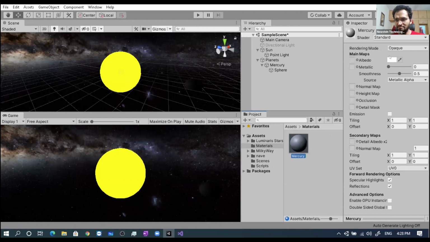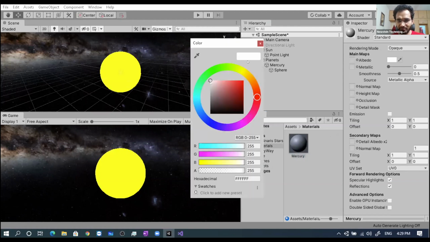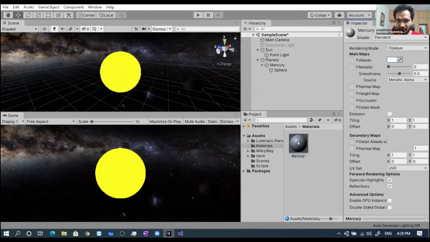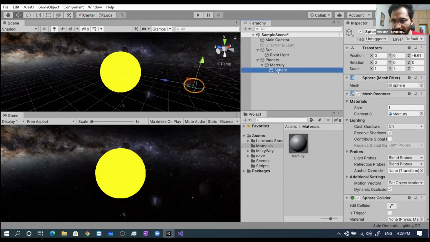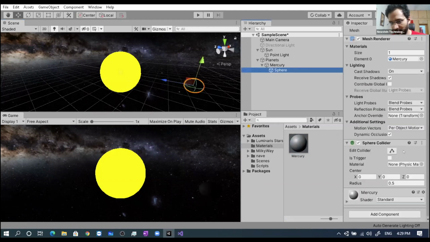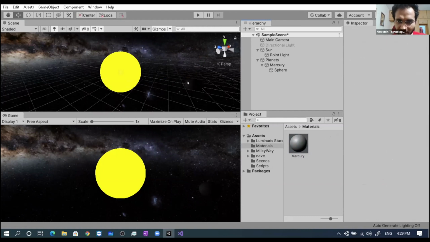Okay, let's make it white for once. It's selected. I'll put this on our sphere. Mercury, it is applied but still not visible.